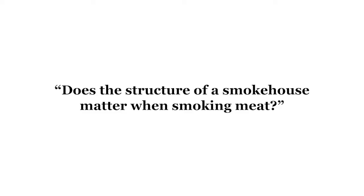Today's question is, does the structure of a smokehouse matter when smoking meat? Yes. What we like in a smokehouse,